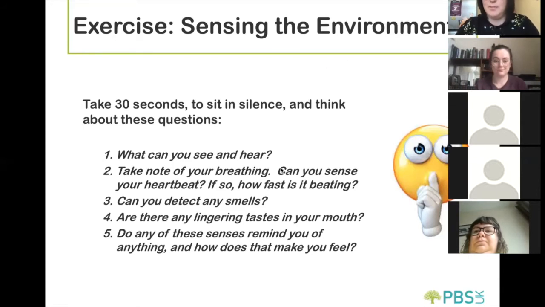So I've got a fridge humming. And I've also got my son homeschooling in the background, which is probably the most obvious background noise that I had managed to filter out as I've been talking to you. But yeah, the fridge hum became a lot more apparent to me when I was sitting and focusing on that sensory environment around me. Have you got anything, Charlie?